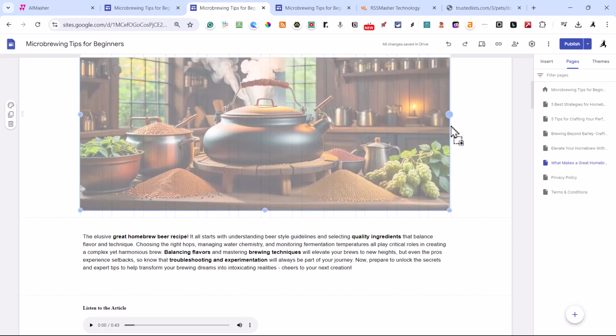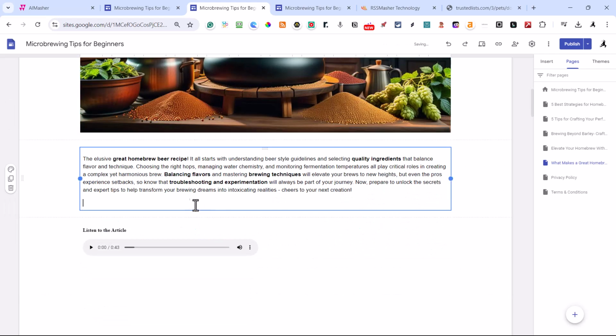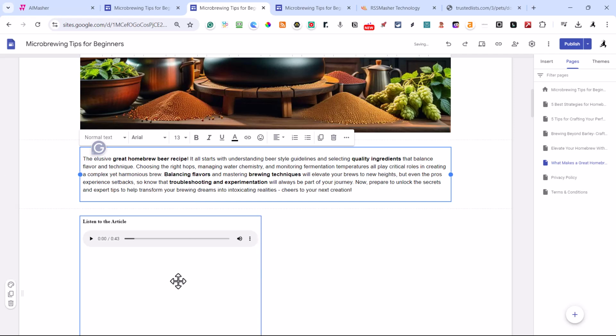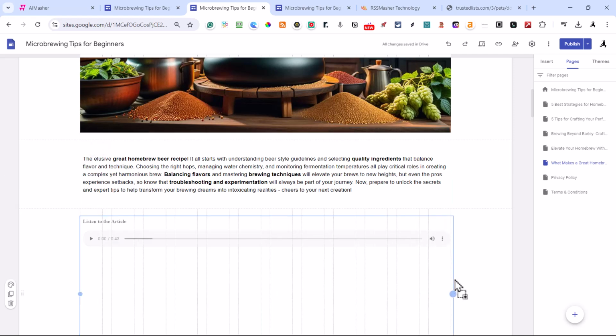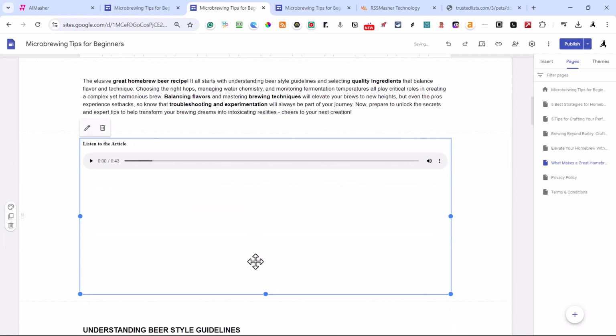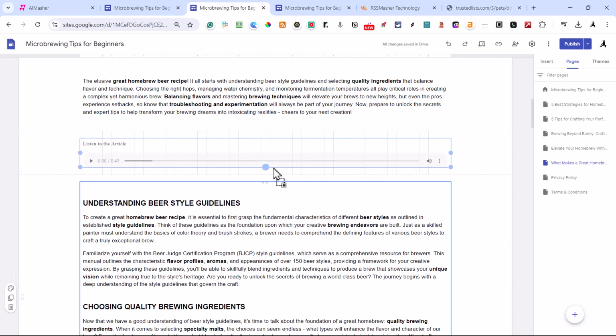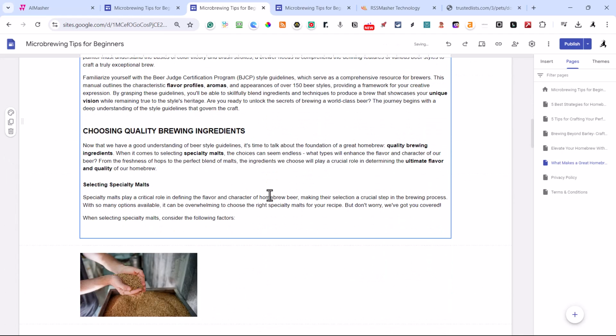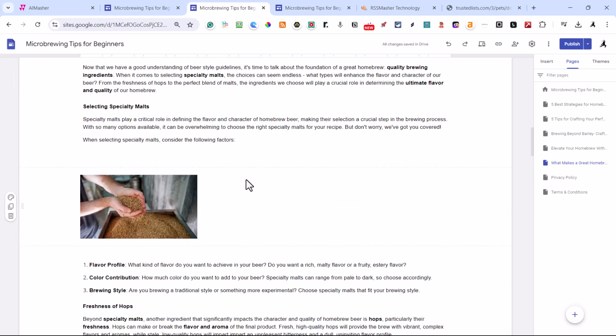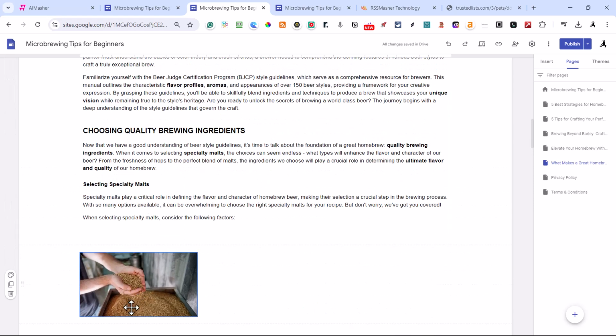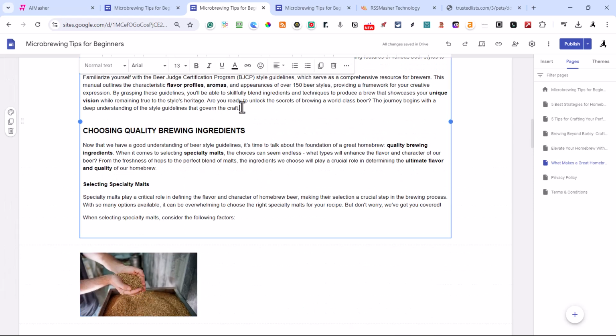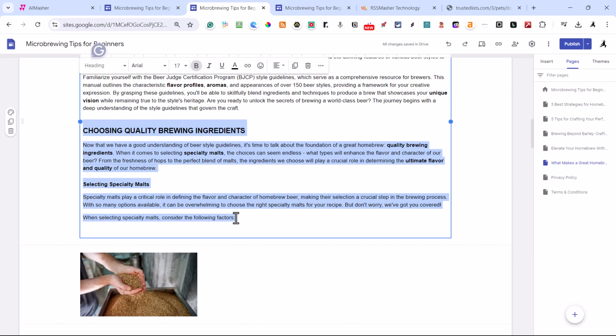Let's go all the way across. Change that up. Okay, that looks good. And I would probably put this, let's do this. Choosing.